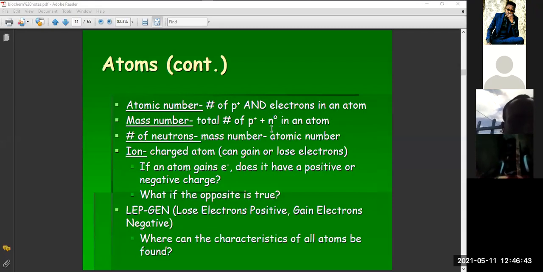So I'll just take you through a little bit in this before I jump to the other part, since you were not seeing anything. Atomic number is the number of protons and electrons in an atom. The mass number is the total number of protons and neutrons in an atom. The number of neutrons is equal to the mass number minus atomic number. Then this is the question I asked: an ion, a charged atom, can gain or lose electrons. If an atom gains electrons,